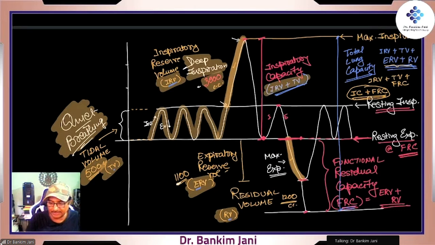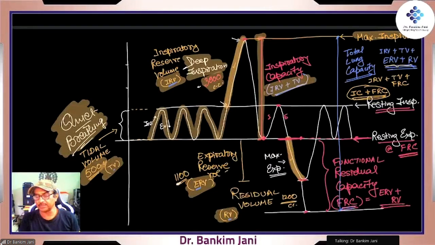that's the capacity. So what is our total capacity to take the amount of air in? That is the tidal volume, which is a quiet inspiration. And then the forced inspiration, so that will be called as the inspiratory capacity. So this whole thing is the inspiratory capacity. So that's where there is maximum inspiration. Then again, we continue, right?